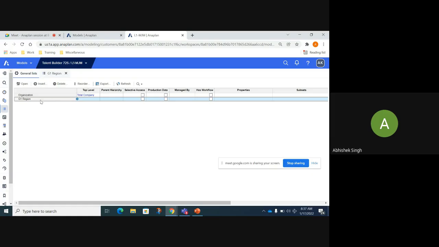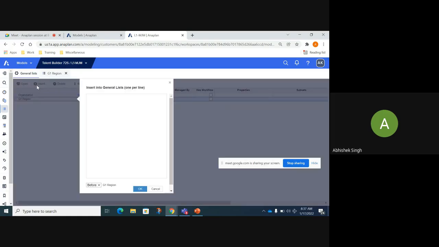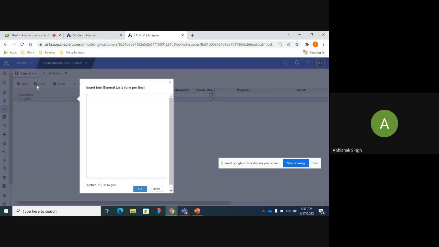Further, I have two other lists, your G2 country and G3 states. So I need to add country and state data as well. I'll write down the G2 country, then the states, and I want them after G1 region, these two lists.